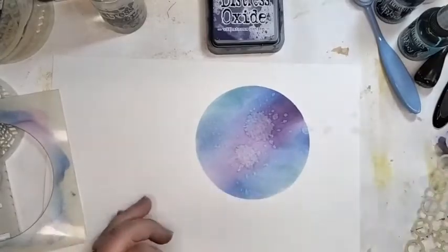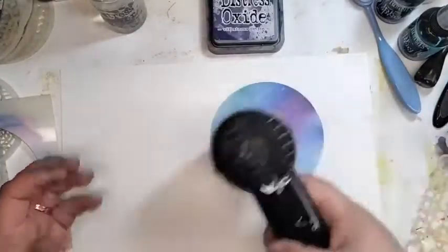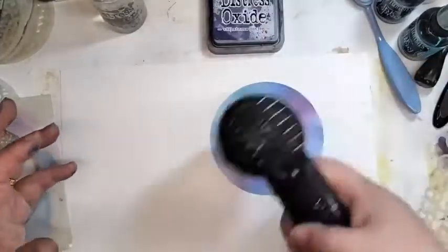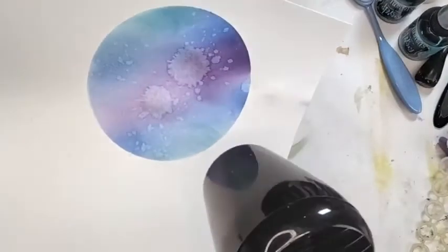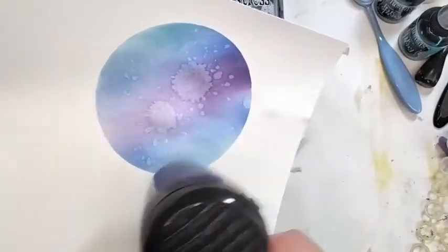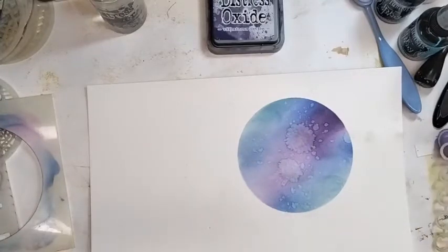So again, this is a way of creating splatty backgrounds without having to create that spritz or spray that a lot of people don't like. And then you've got that sort of ghosting from where the water's come up. Okay. But the good thing is, obviously, you can mix and match. And by that I mean, you could always...